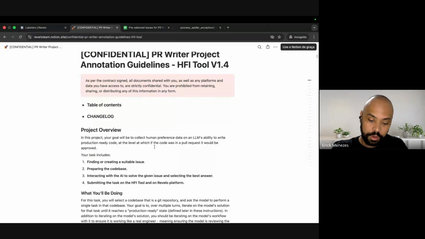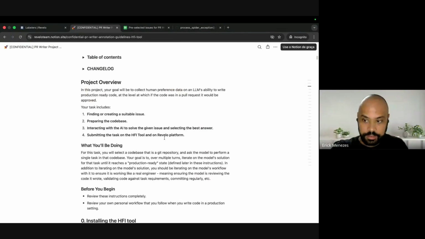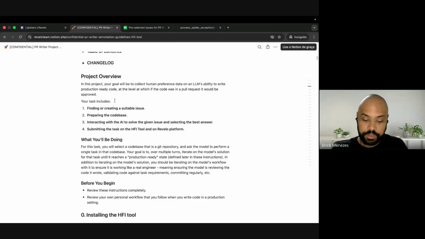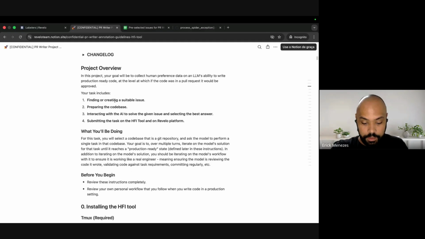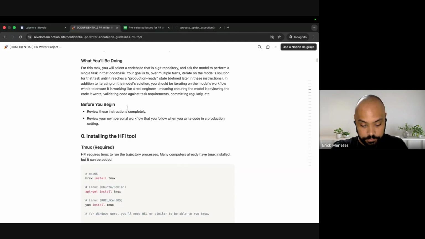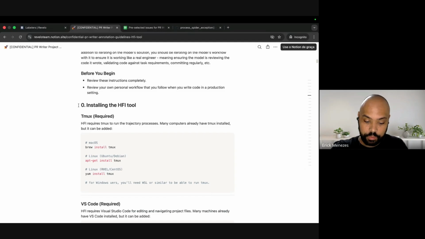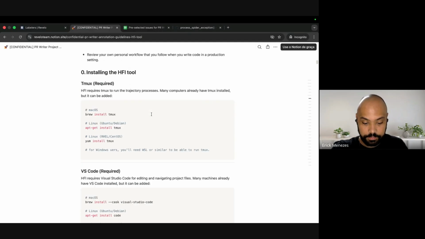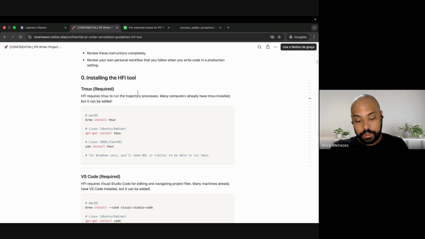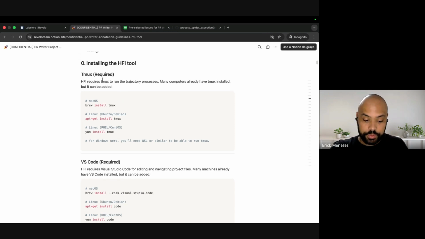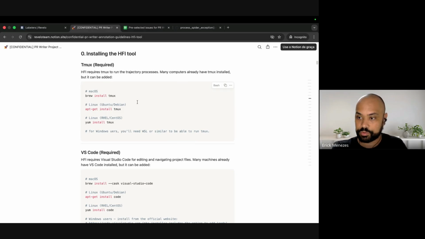This guideline has everything you need to know about this project. We'll take, for example, how to set up your machine. That will be our first step. Here we require you to use tmux, which is used to run the model trajectories.